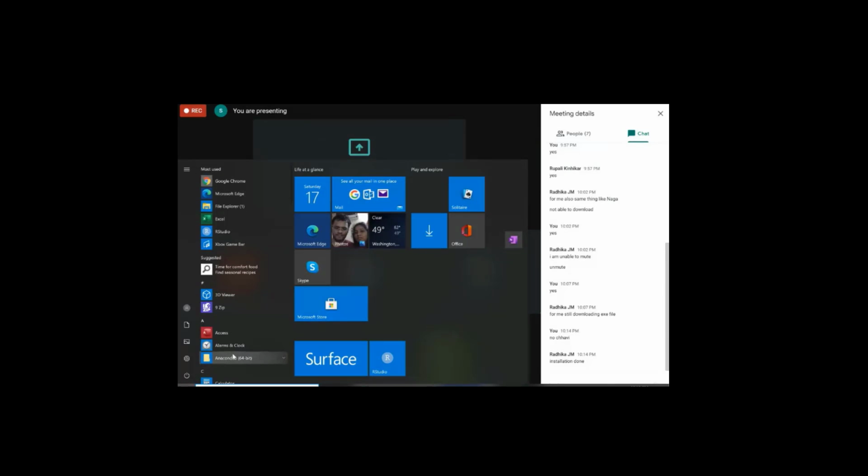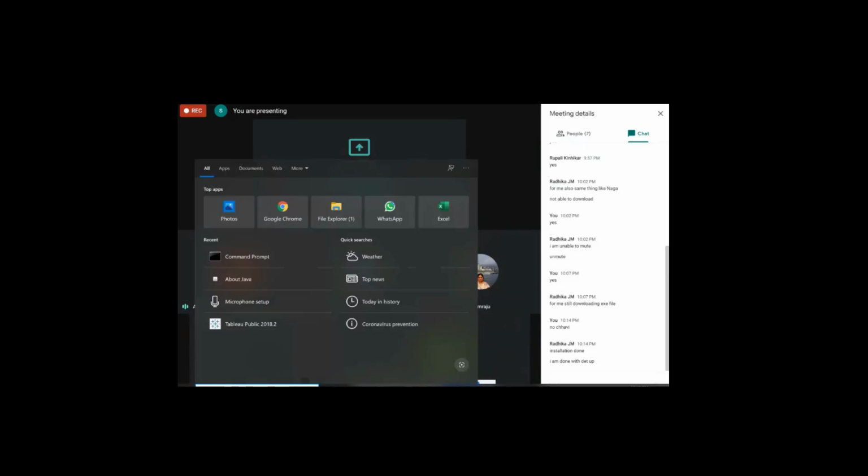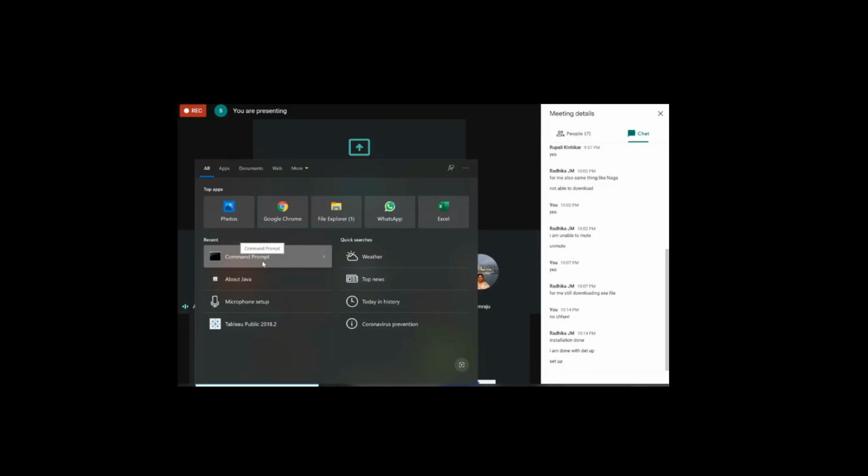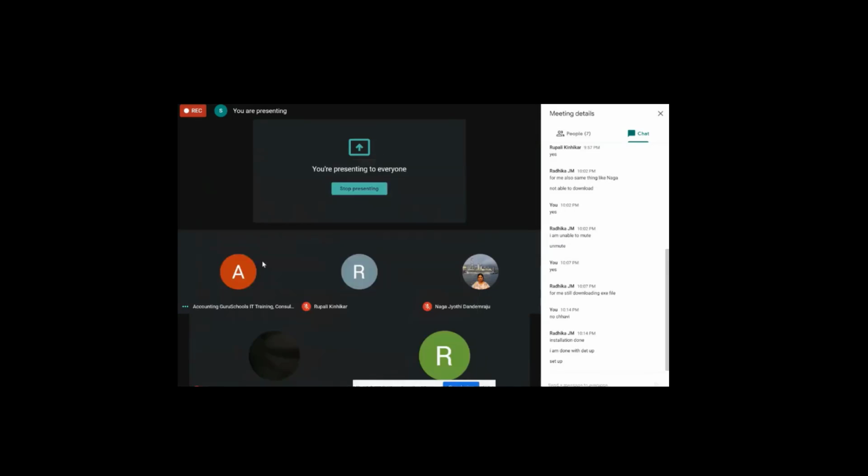Okay, great, Radhika. Installation done. So Radhika, just check whether you have that command. Go to the command prompt and check Java. Type java hyphen. Oh, it's done. Okay, great. So Radhika is done with Java. Write java space, then space hyphen version. Enter.